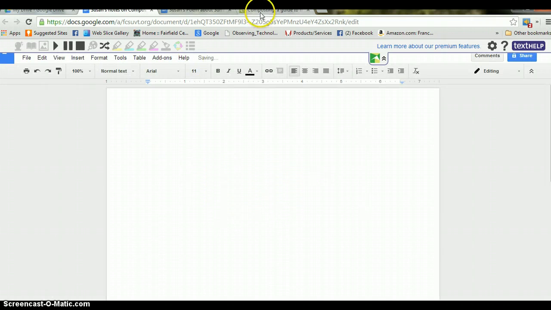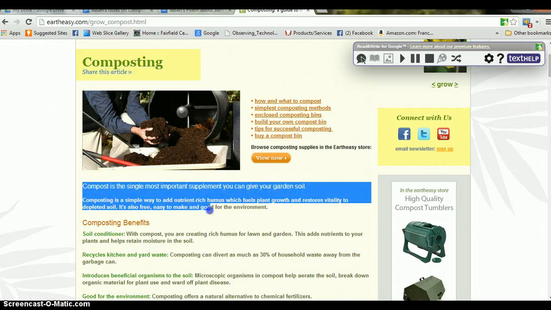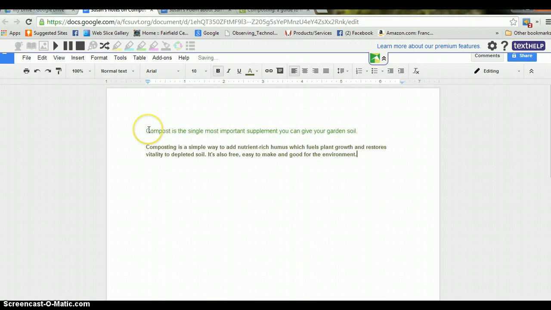So now I can go back to my composting page, and I can Control C to copy it. I can go back over to my notes. I can Control V to paste it, and it will read it to me in here. Compost is the single most important supplement you can give your garden soil. Okay, so now you can have them stop it once it's read to them,